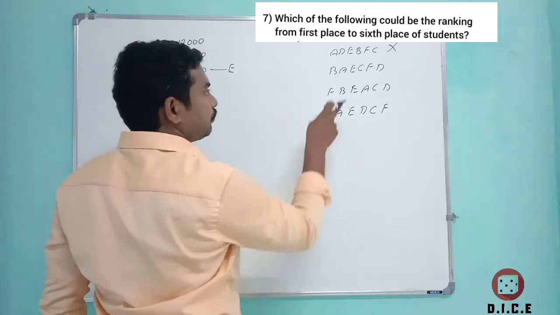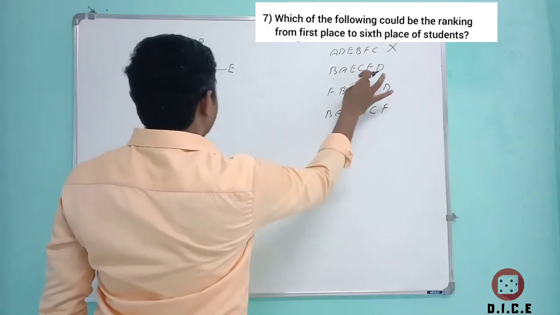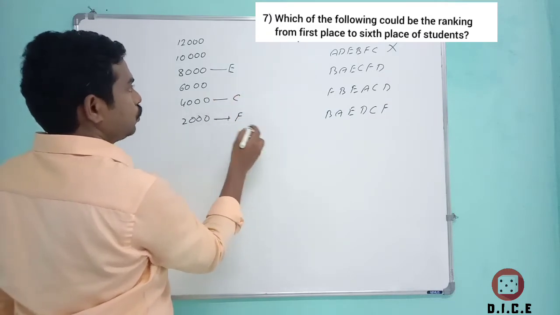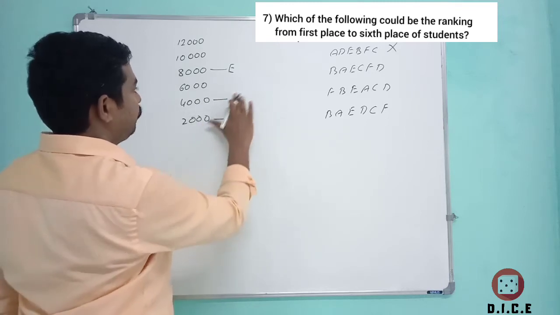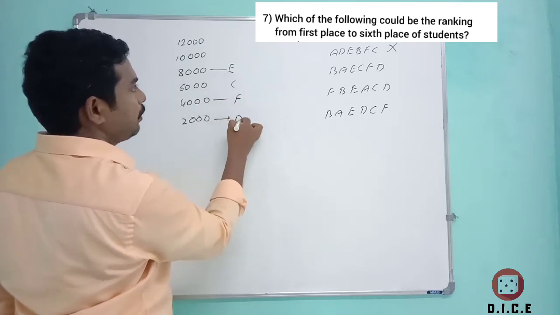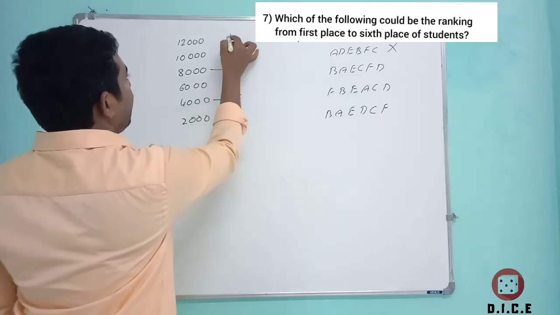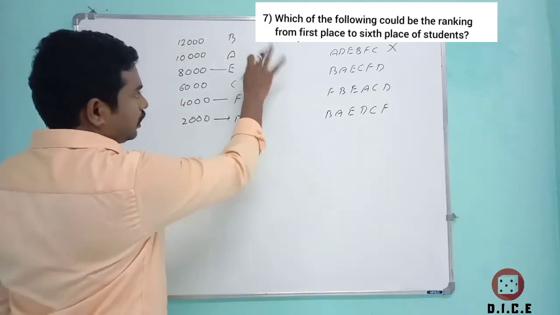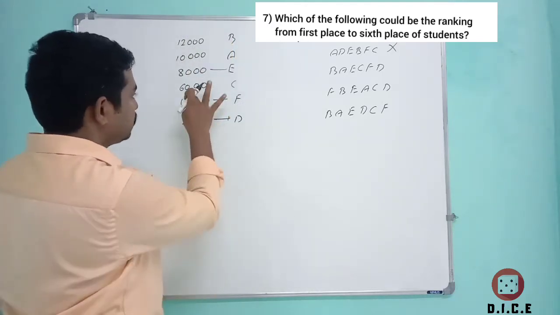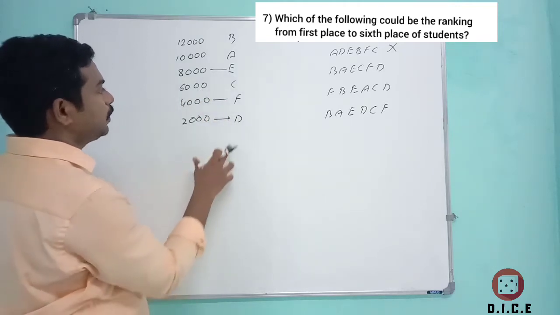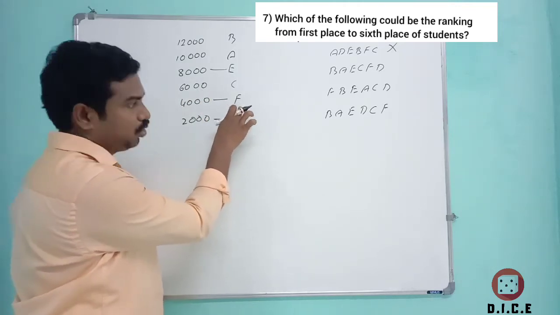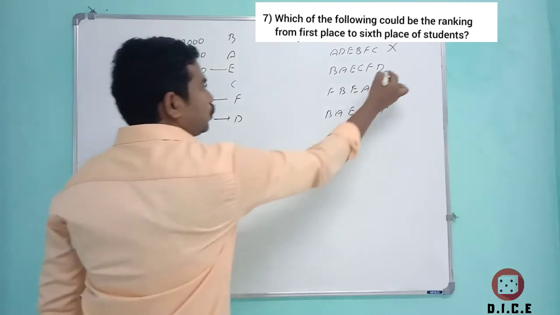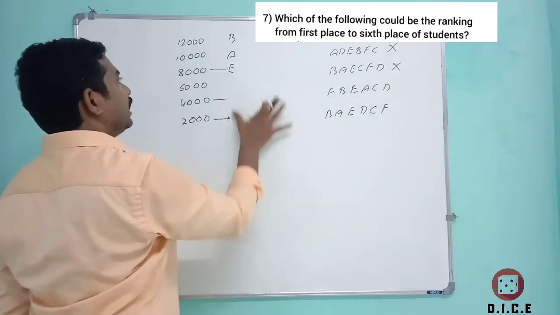Now if you see the second case, the difference between C and F should be 2,000. I am taking the case of the second option. So B and A obviously. Now I have to match this option according to the given conditions. A, that's fine. The difference between C and F is 2000, no problem. 6000 and 4000 is 2000 only. The difference between D and F should be at least 4000. There is no case of 4000 because 4000 and 2000 is 2000 only. So condition 2 fails here. So there is no case of taking the second option as the answer.